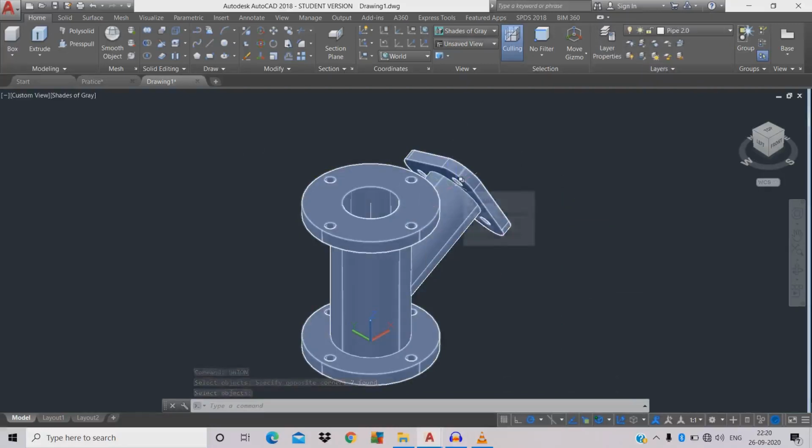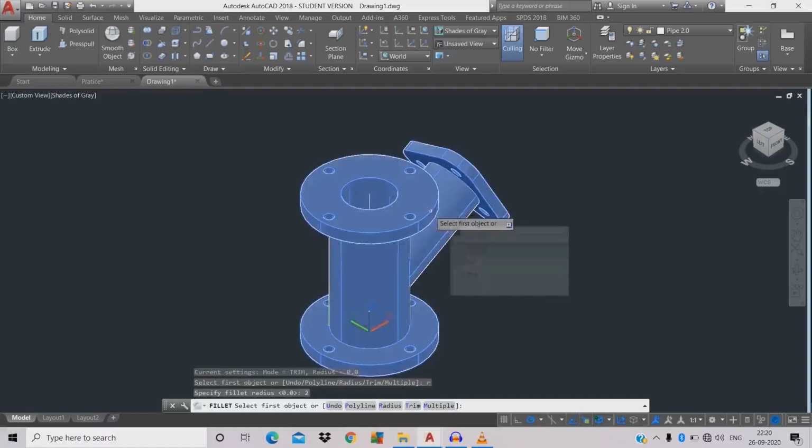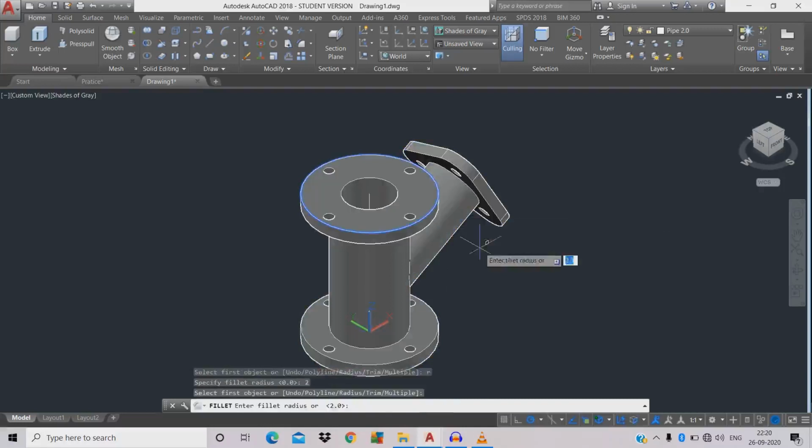While designing the object, the corners we used to give fillets, because in case it is in corner position, it may easily get damaged. So for that we're going to use fillet F space R space radius 2 space. Click the upper surface, 3D object, space.